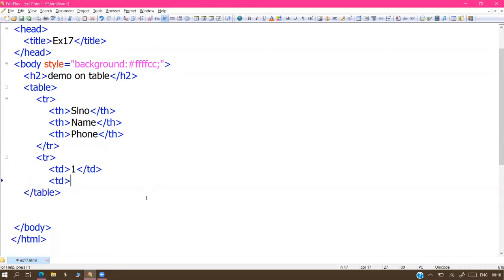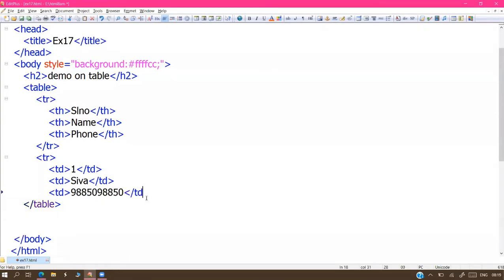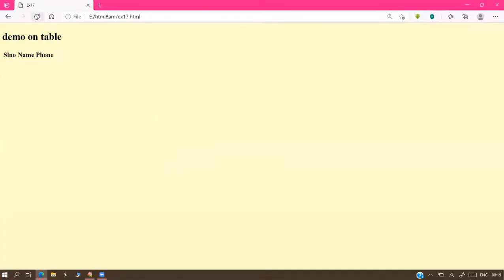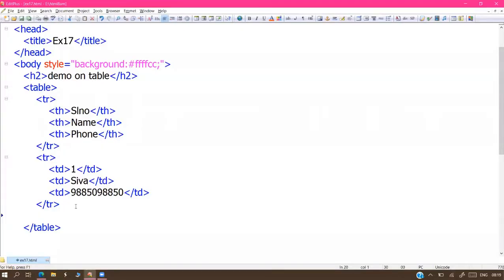Serial number, name of the student, and contact number. TR close. First row is completed. So this is the first row of data. Like that, in however many rows you require, just repeat this tag that number of times.